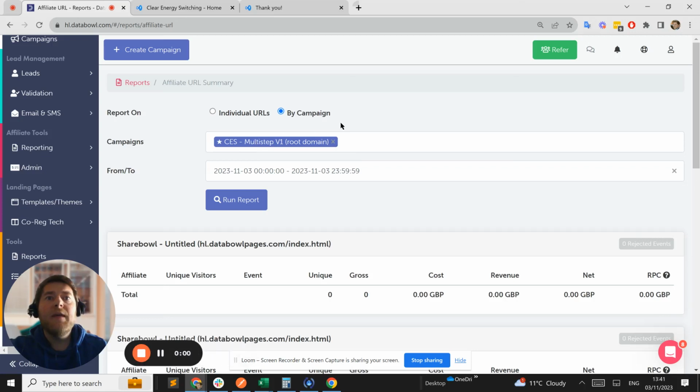Hey there, it's Oliver here at Databowl, and today what I want to share with you is the source and keyword parameters that can be used on a Databowl URL for a landing page that you're driving traffic through to, and how they can be used to enhance the reporting and to give you additional information on how leads are